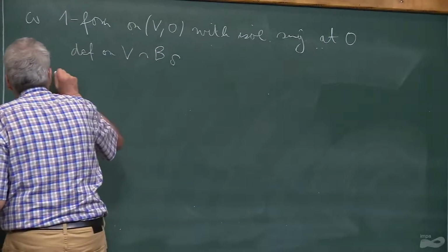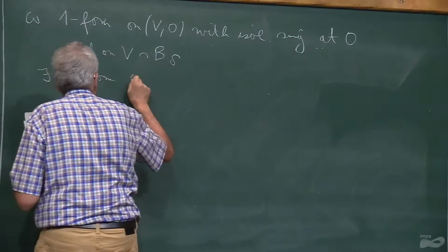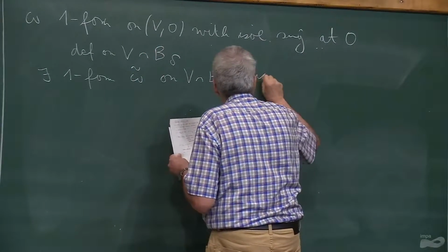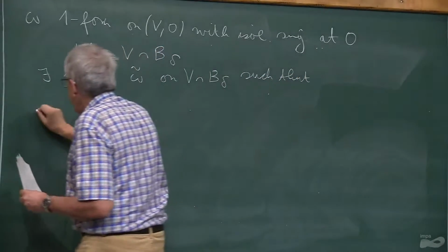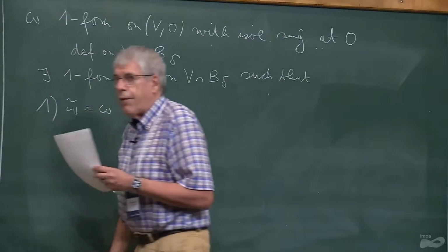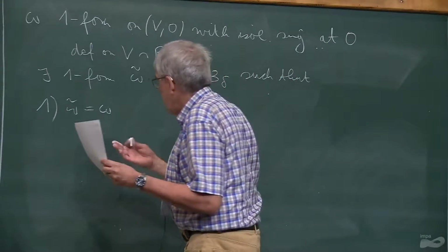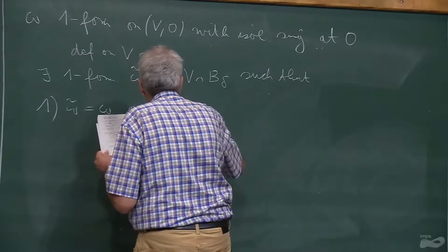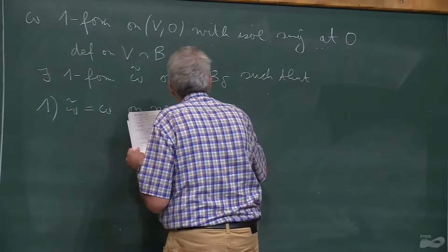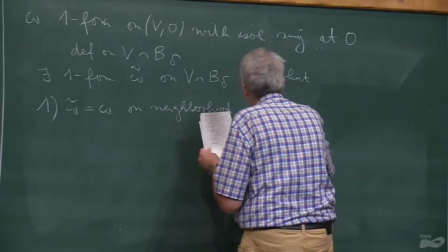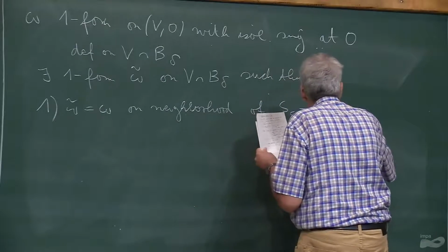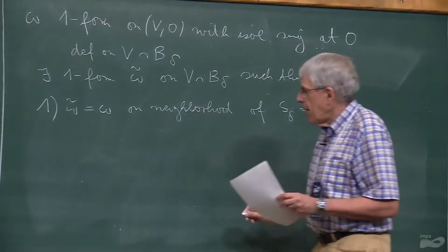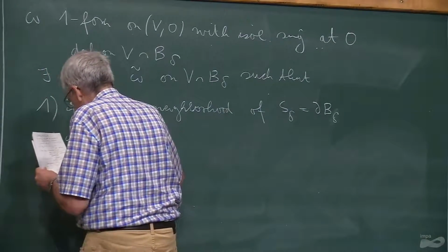Then one can show that there exists a one form denoted by omega tilde on V intersected with B delta such that, first of all, omega tilde coincides with omega on the intersection of V with a neighborhood of S delta, the boundary of B delta. The second condition is that omega tilde has only a finite number